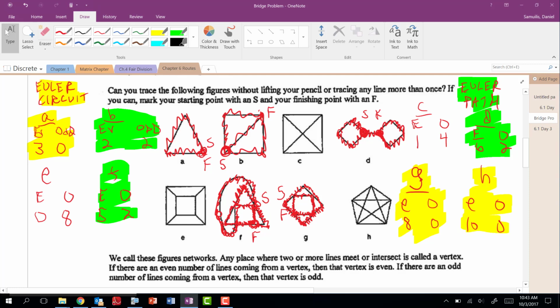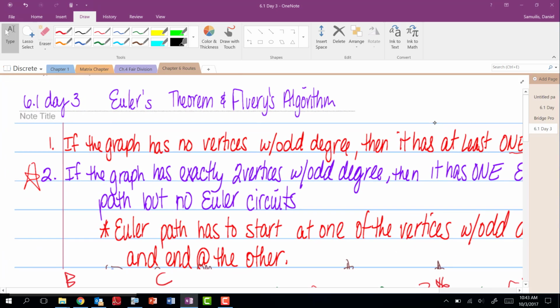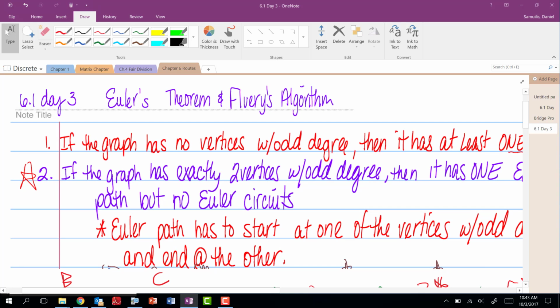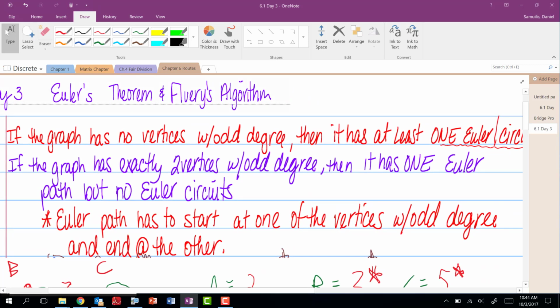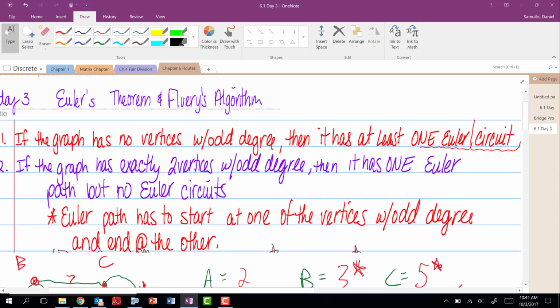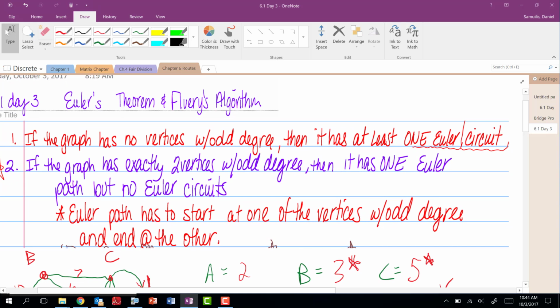And that's what we're going to jump right into right now. Okay? Euler's theorem. If the graph has no vertices with an odd degree, no odd degree vertices, then it has not only at least, it has a whole bunch of different Euler circuits, actually. And you could start at any of the vertices for that graph, and you would end at said vertex. So, number 1. Okay, now I know it's 8 examples, and we're already making a conjecture. Well, yeah, we're going to do that.